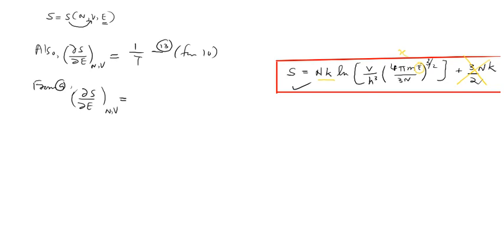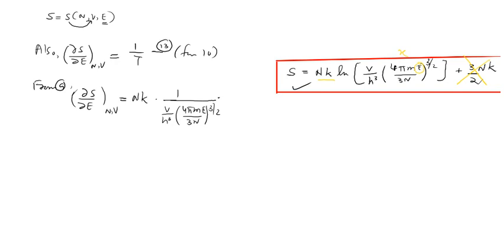So it will be equal to 1 by x into the function rule. You have to take V by h cubed, then E raised to 3 by 2 is there, so it will be 3 by 2 E raised to 1 by 2. I'm just writing it for you here, so that Nk is taken out. So Nk is there, then into 1 by x, since the derivative of log x is 1 by x. So 1 by the entire thing, V by h cubed 4 pi m E divided by 3N whole raised to 3 by 2, the entire thing in the bracket, into